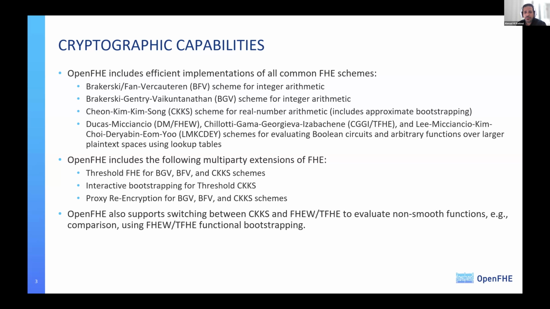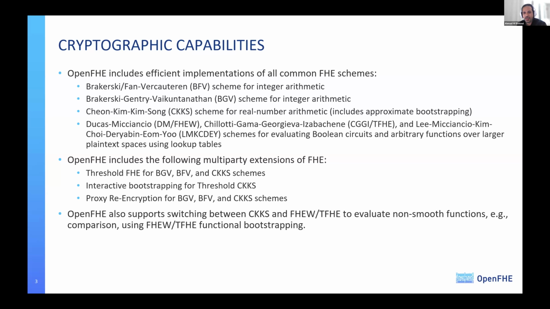Also, a very recent capability added to OpenFHE is scheme switching. Currently, OpenFHE supports switching between CKKS ciphertexts and FHEW or TFHE ciphertexts. This allows us to evaluate non-smooth functions that are not friendly with CKKS but are friendly with FHEW or TFHE, due to what we call functional bootstrapping.